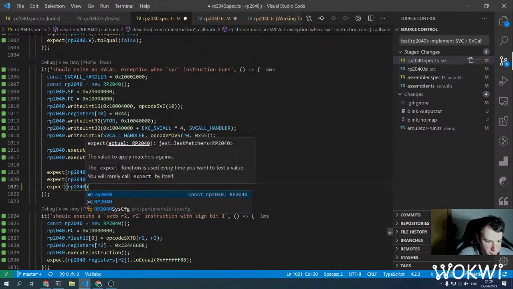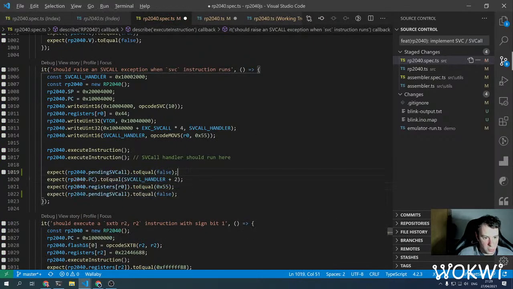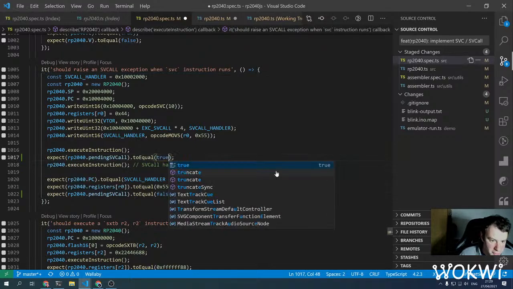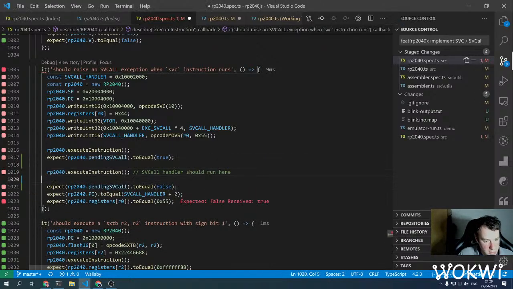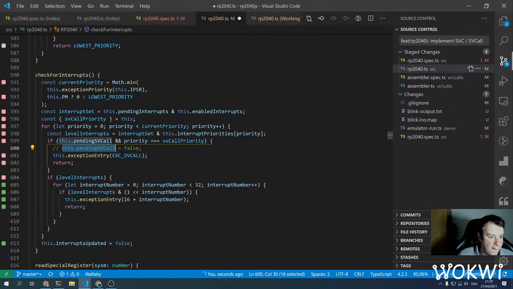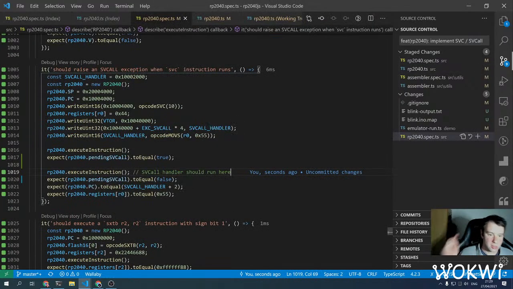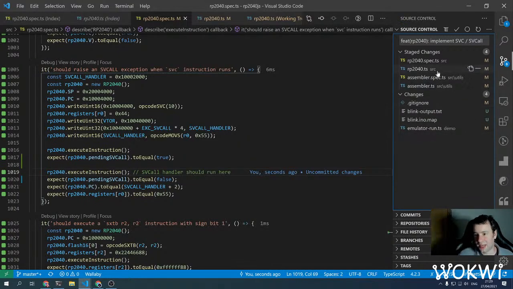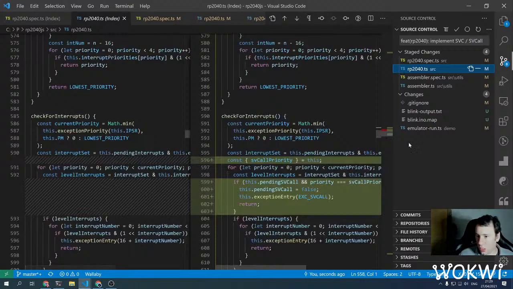Expect Arduino 40 to equal false. So we want it to be true after the first instruction and then false after the second one. And now let's fix this bug and green again. All right, so now it won't execute it repeatedly, which would probably make our program go crazy. Okay, so one more bug fixed